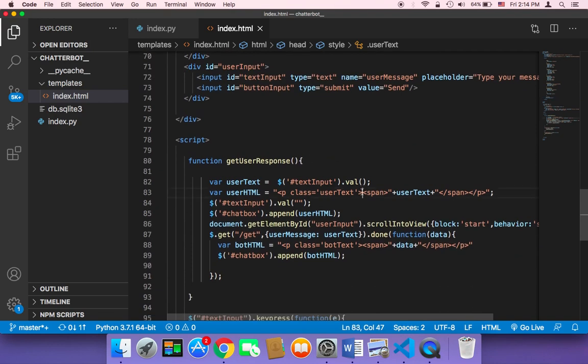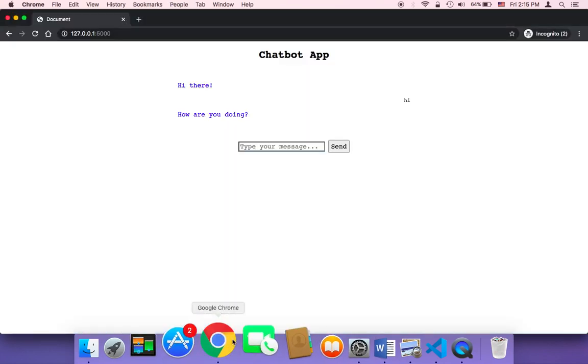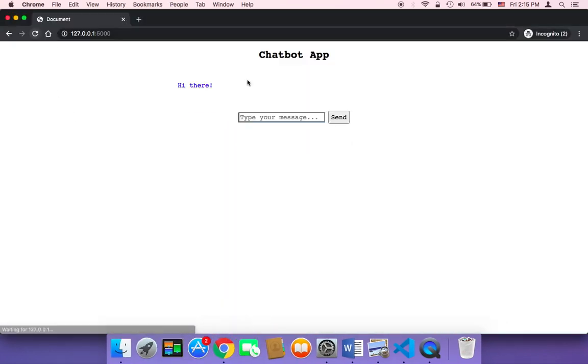this user HTML, you can here say user, because this is the user, and then for the chatbot you can always say here chatbot. Of course outside this, so it should be here actually, chatbot. And now let me save and let me refresh and show you what's gonna happen if you refresh, and